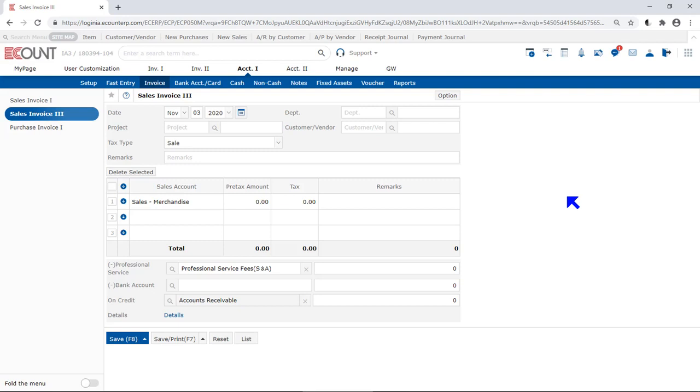In this video, we will discuss Accounting 1, Invoice, Sales Invoice 3 menu. In Sales Invoice 3 menu, you can journalize your sales amount and received amount with various accounts within a single voucher in one menu. Also, if you've entered an inventory sale with both merchandise and finished goods, you can have the program automatically separate the amount into Sales Merchandise account and Sales Finished Goods account by using Sales Invoice 3